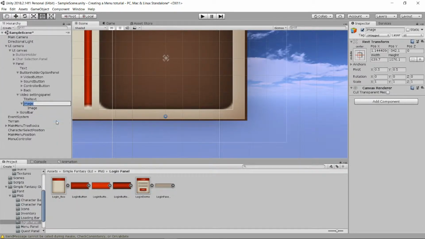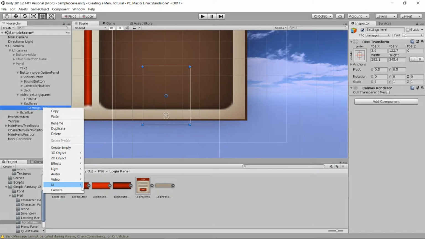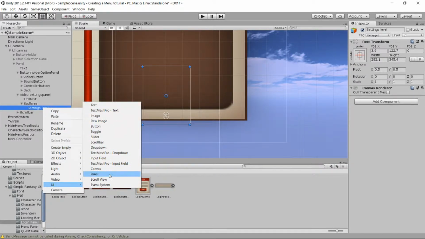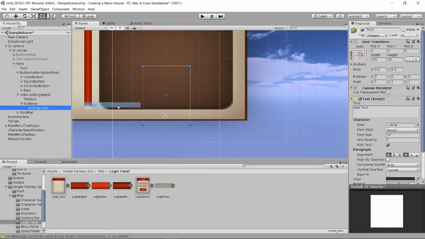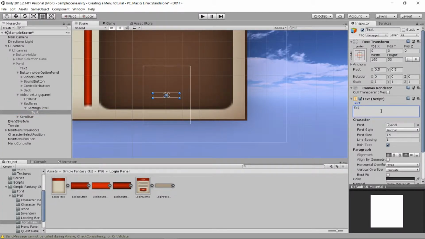and in here we're gonna have, let's see, a scroll area, we're gonna call this one, and this one we're gonna call, what can we call it? We can call it graphic crawler, settings level. So in this one we're gonna have a UI text, there we go, and we call it settings level,